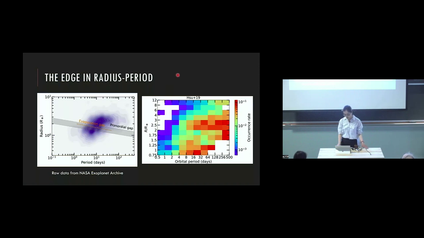So with that in mind, what I'm going to show you is basically a question of what kind of population you should take a look at when you're trying to probe the different kinds of physics. So if you're interested in the initial conditions and the formation physics, you're going to have a much better chance